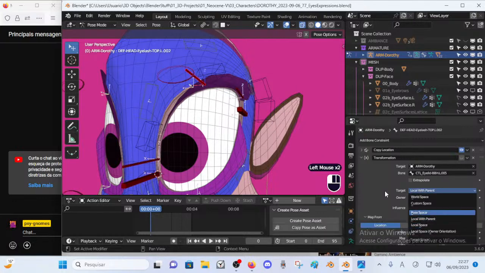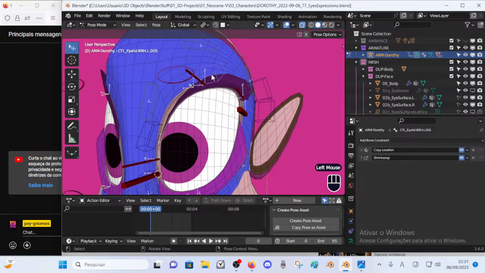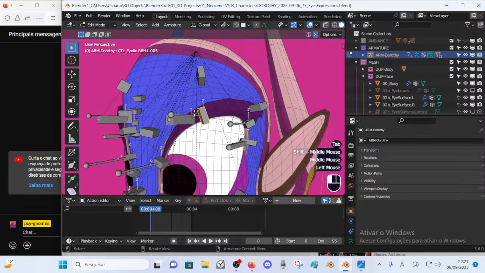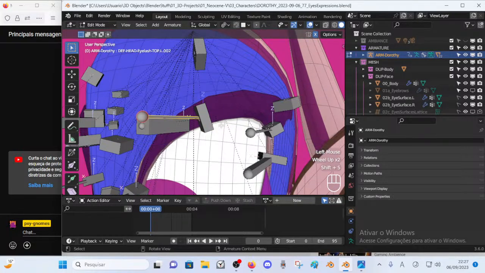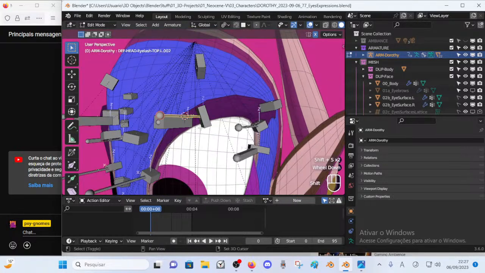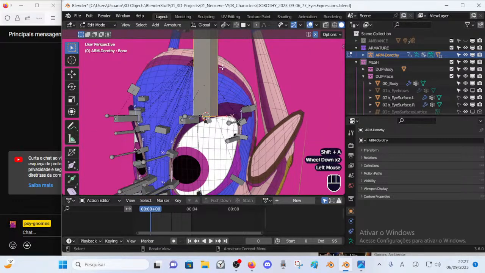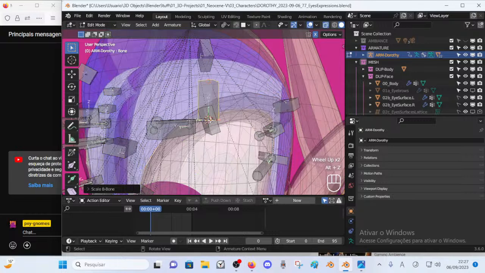There's not a combination with local space on orientation with parents. So I need to create, let's make that. Let's create a new bone from here. This bone will be just a proxy bone.